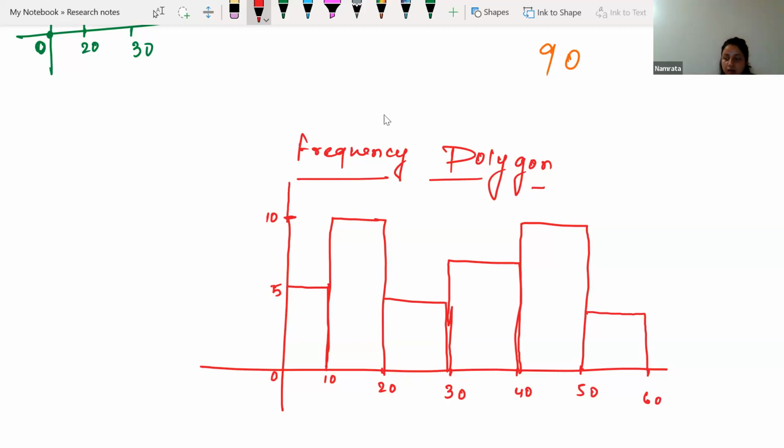So let's say here the midpoint of each and every rectangle we are having. This rectangle is having its midpoint, let's say that is point A. This rectangle is having its midpoint, let's say that is point B. This rectangle is having its midpoint, let's say that's point C. This one is D, this one is E, and this one is F. If these are the midpoints of these rectangles, then once we join them like this,